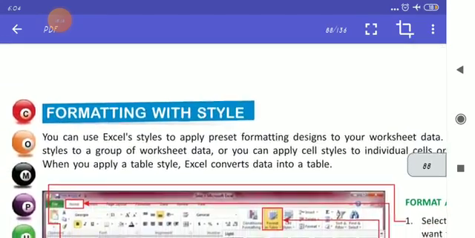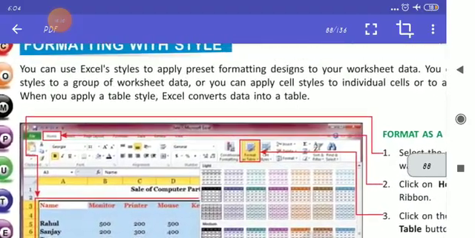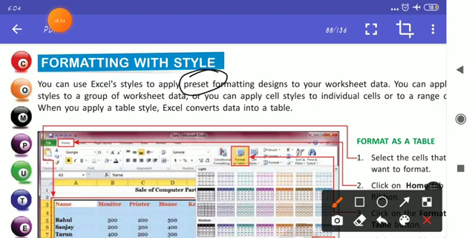Next, formatting with style. Let's see. We can use Excel's styles to apply preset formatting designs to your worksheet data. What is preset? It means already built in, already set in your software. You just have to apply it. The different preset styles are given.